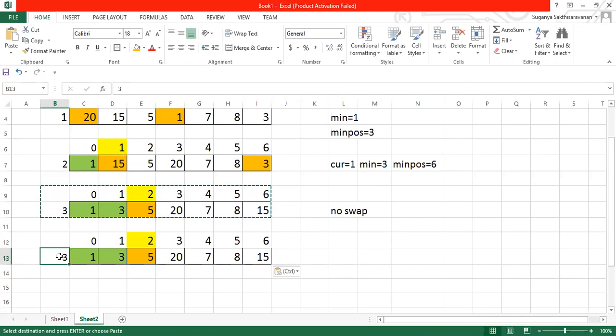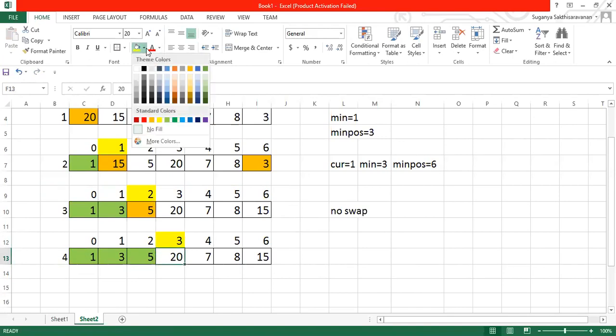At the fourth iteration, the same process. This is the swap. Now it is at the appropriate position. Now your pointer will be moved again to the next position. So this process will happen till the end, and make sure that once it is done, you are not going to go back again.